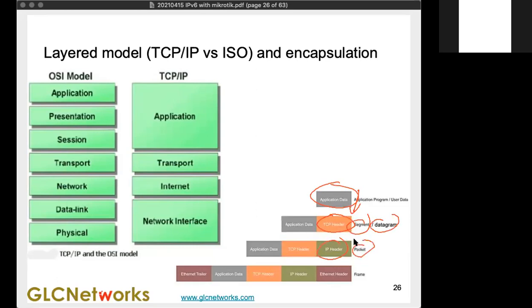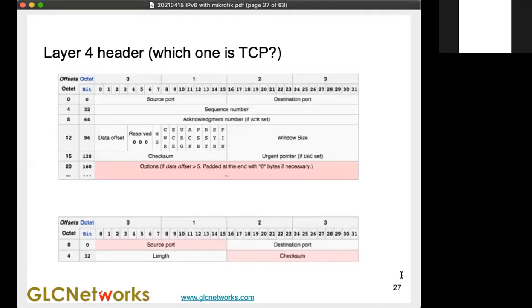Here is called packets, and then at the end, before it's sent to the media, it's called frame. So this is the encapsulation process. When the packets arrive, we call it decapsulation process. Okay, so if we look closer into each layer, for example,